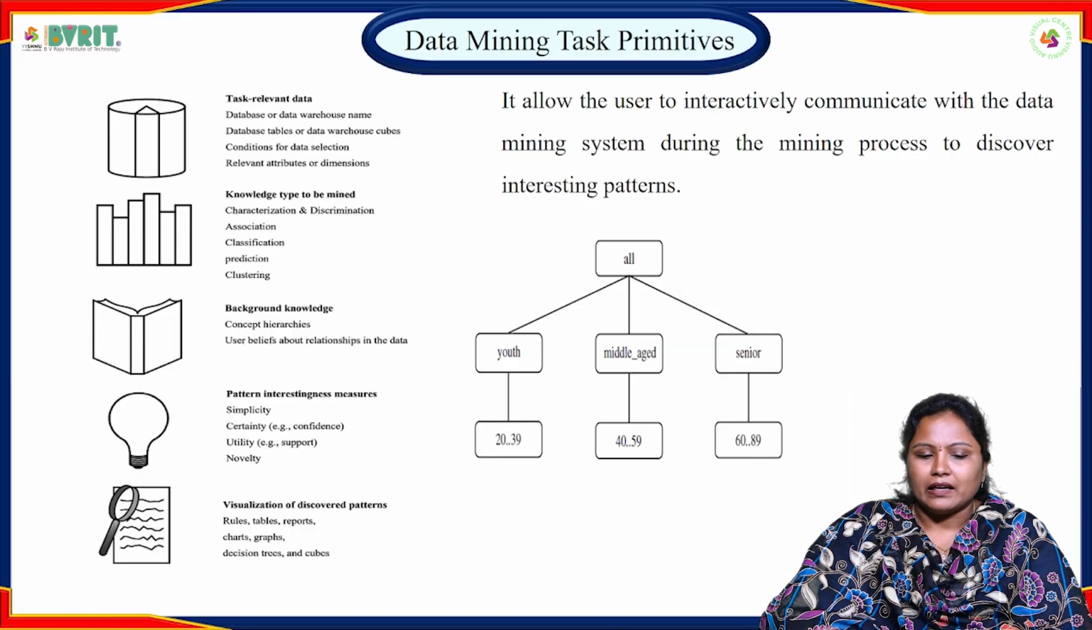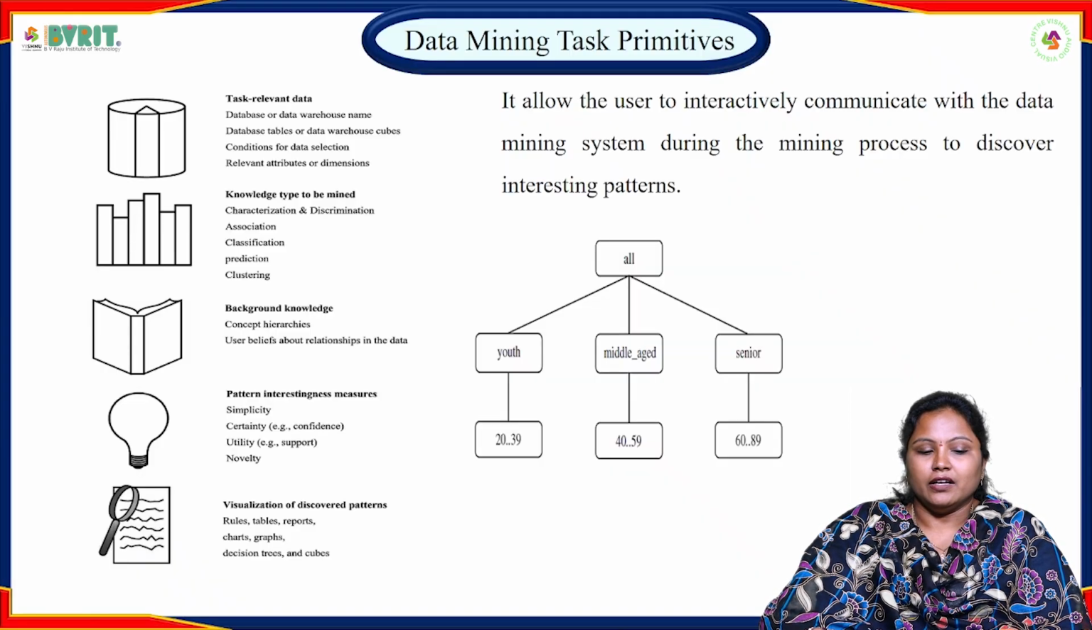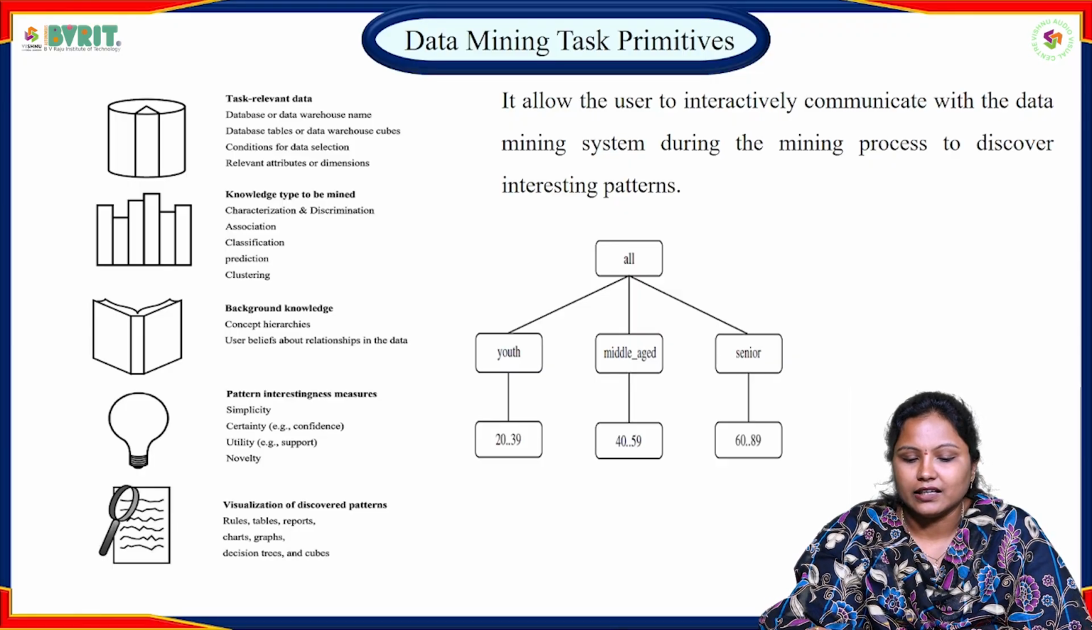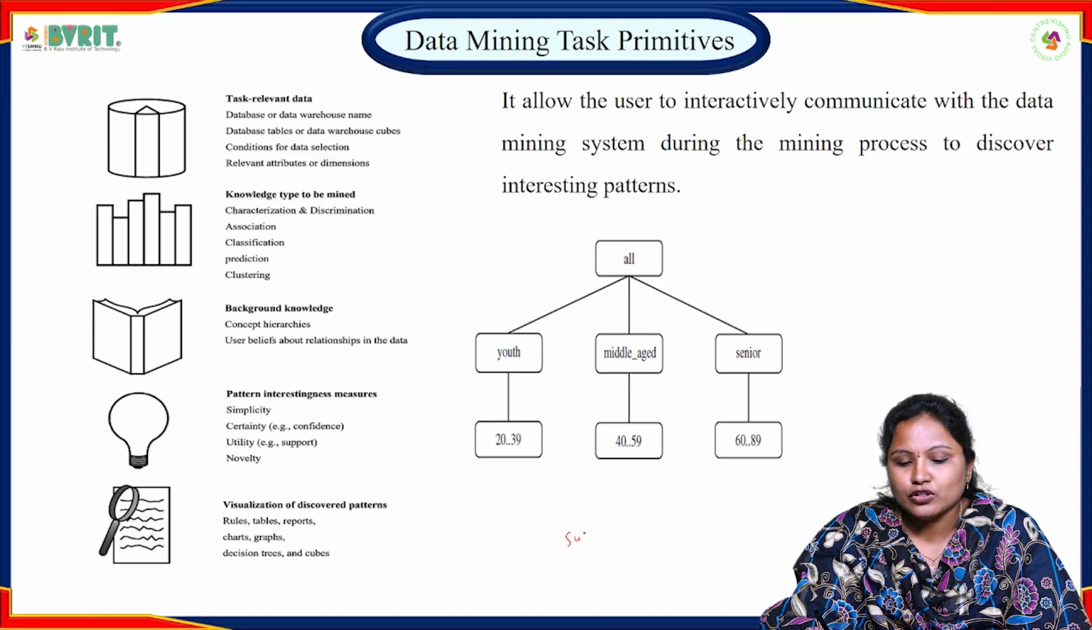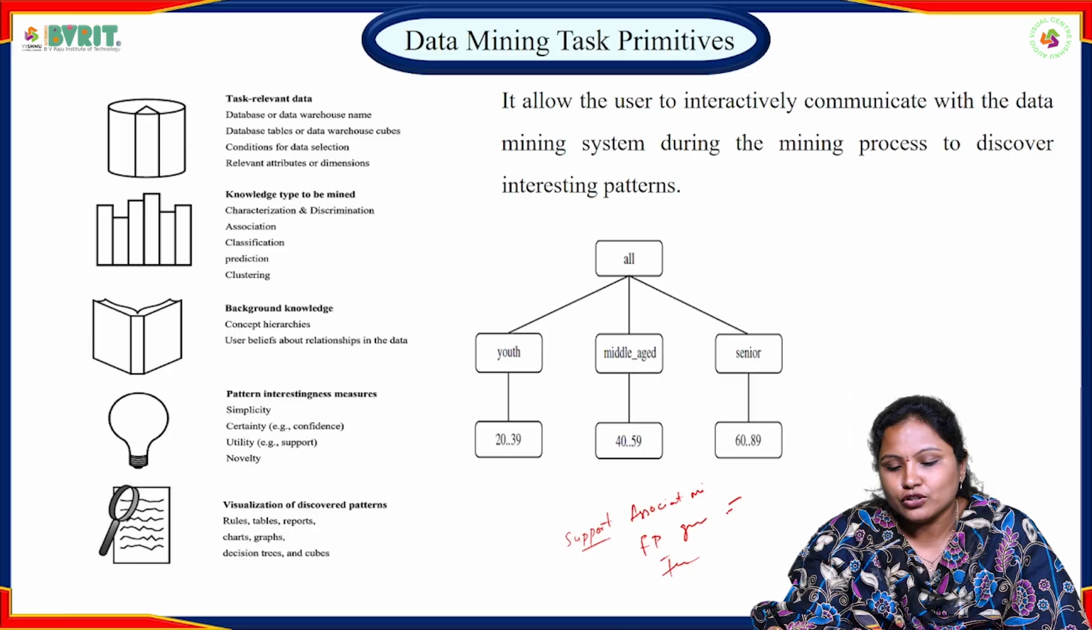Another one is pattern interestingness measures, which are thresholds for pattern evaluation. Generally these are simplicity, certainty, utility, and novelty. Certainty is confidence and utility is support. When we use association rule mining techniques, there we use the FP growth algorithm, the frequent pattern algorithm, and we set confidence as well as support. Based upon these two, we